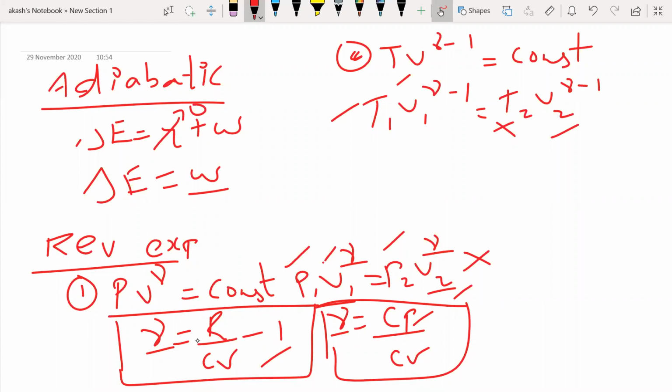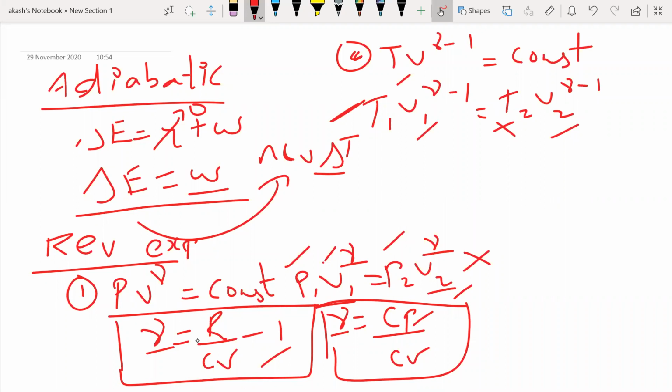Obviously now if you look at the equation, delta E is equal to W. So either if I find delta E, that will be equal to W, or if I find W, it will be equal to my delta E, right? So from this, we know the formula for delta E, that is n CV delta T. So if I just know the final and initial temperatures, and if you know the CV value of the gas, right, the problem is done. If you find the delta E, that is what is equal to W. So from this equation, T1 is given, V1 is given, T2 is not given, and V2 is given. Now, if you substitute all the values and find your T2 and put it in this equation, you can directly get the W value. Delta E is equal to W.